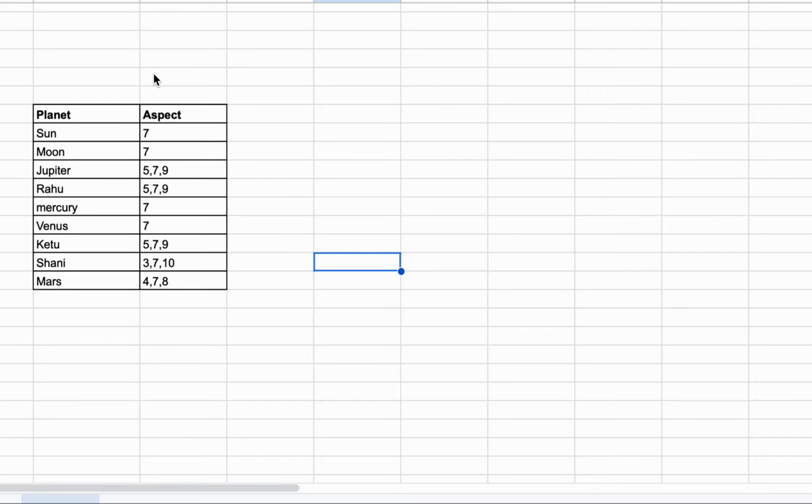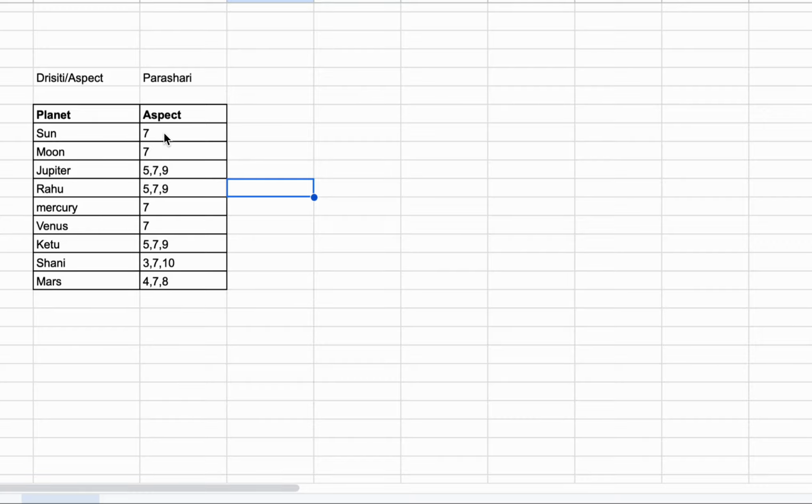Now we'll do Drishti as per Parashari. Drishti is also called aspect. Are you following, sir? Yes, yes. Okay. So the Sun looks at the house which is opposite to where it is sitting.